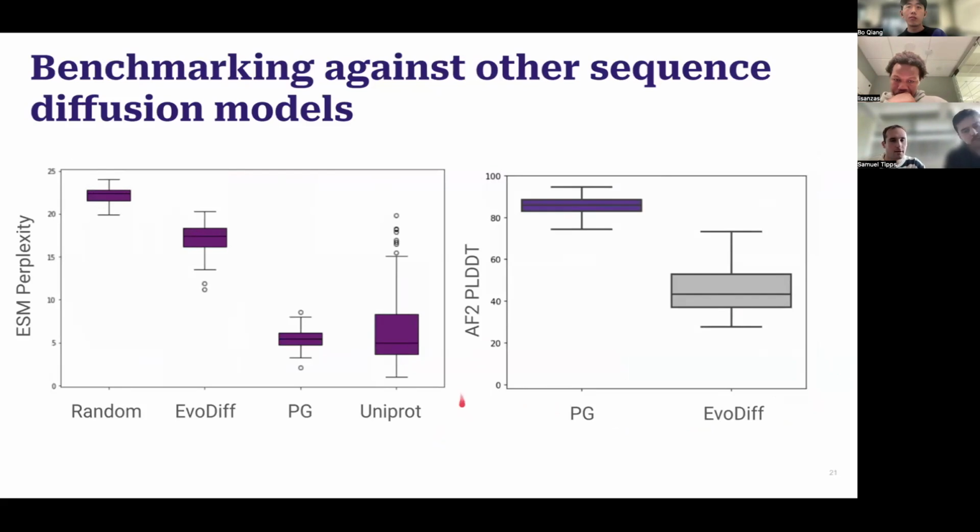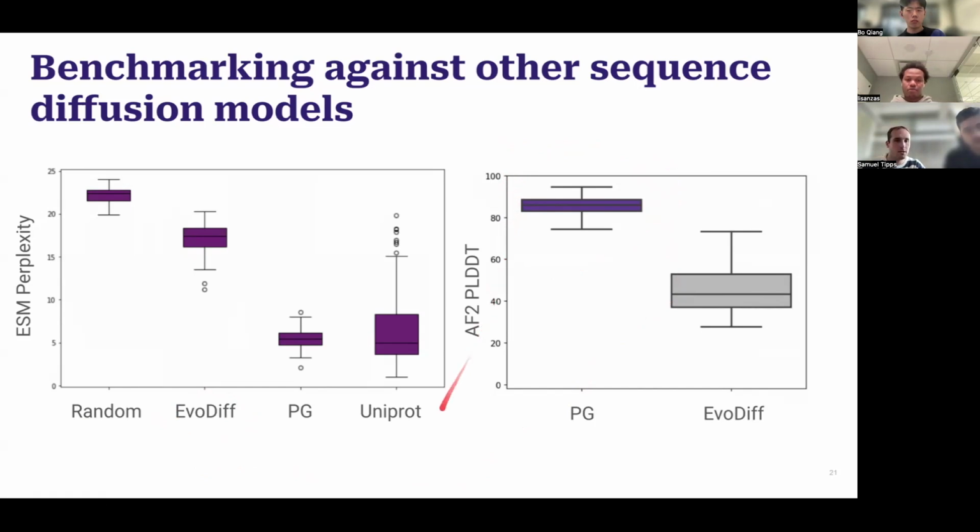Here is a comparison to another model for sequence diffusion, which is this EvoDiff model from the people at Microsoft. And I think what's interesting to compare against these two is that in Protein Generator, we have this whole structure prediction part of the network, and also we're able to input structure coordinates explicitly as well. And so I think that's really why we see this boost in performance over EvoDiff, is that when the model is able to condition on the structure, the sequences that come out, when you fold them, are usually